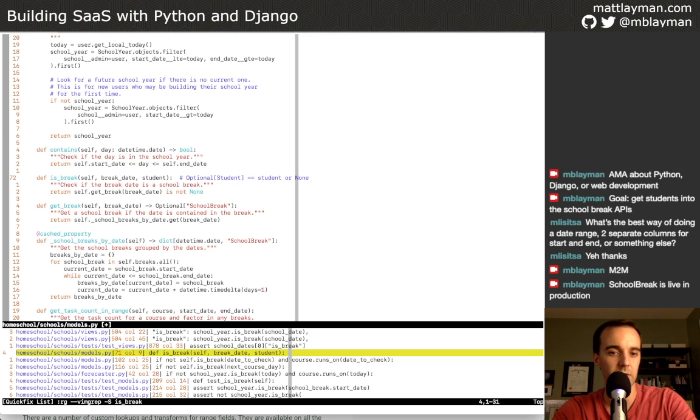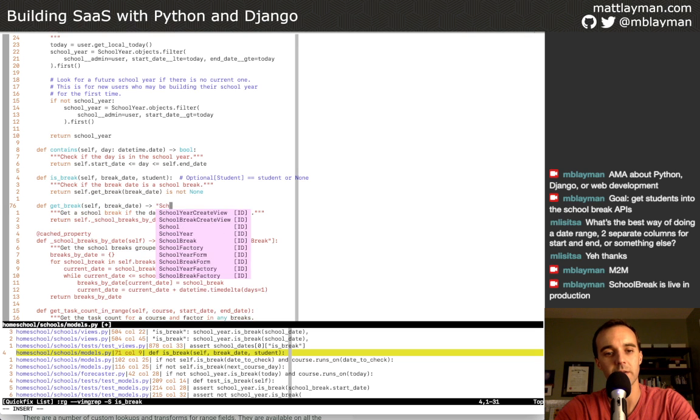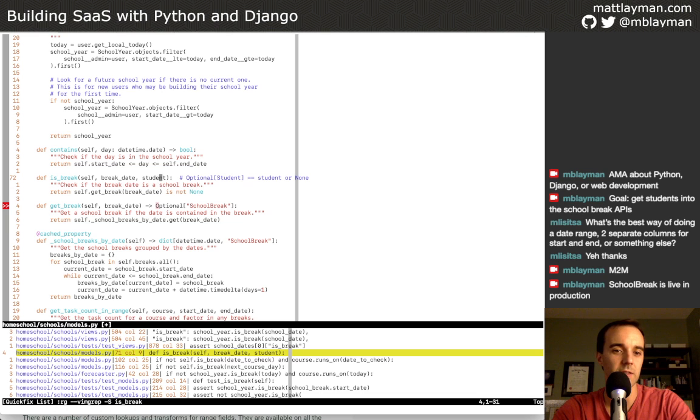You can see I've got an example of Optional here with the SchoolBreak model. Something in Python 3.10 that's coming out, I believe, is you could conceivably rewrite this type annotation of Optional SchoolBreak to be like SchoolBreak or None. I think that's what they're doing, using the pipe operator, the logical or. That's an upcoming change. That'll be cool. That's an aside for type annotation stuff.